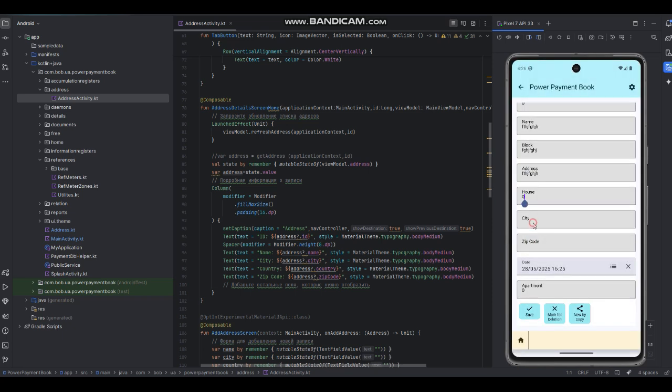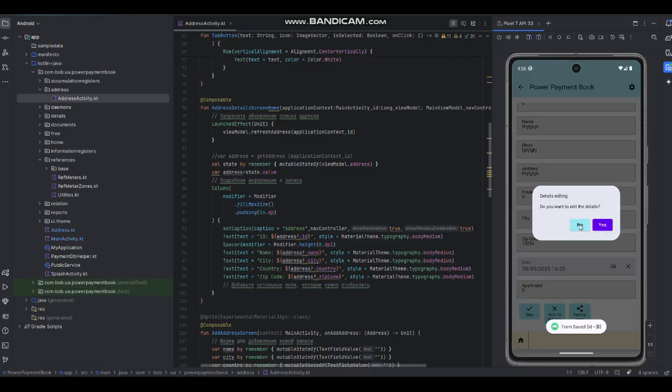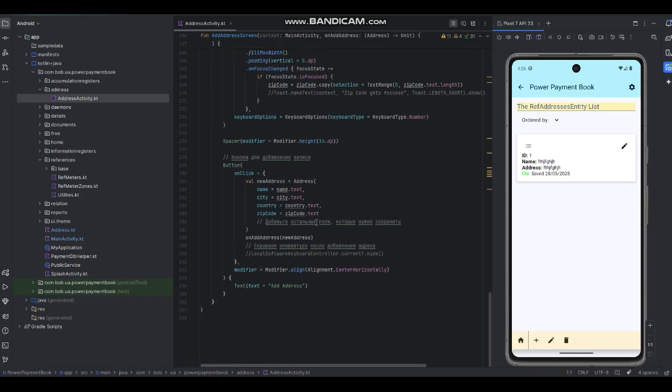I could type a zip code. It could be 5 characters. I don't want to edit details, and I see the list and one element of this list. This is almost 200